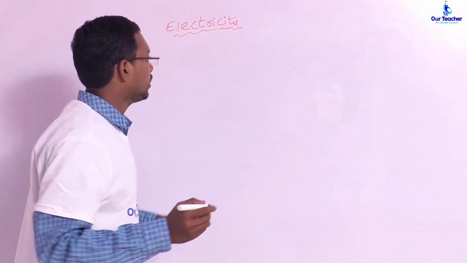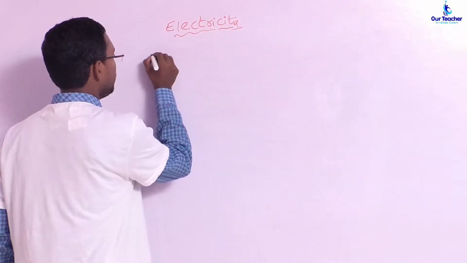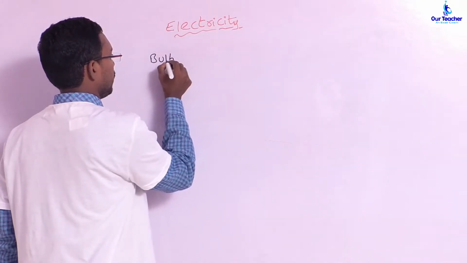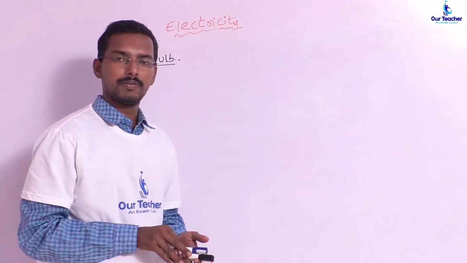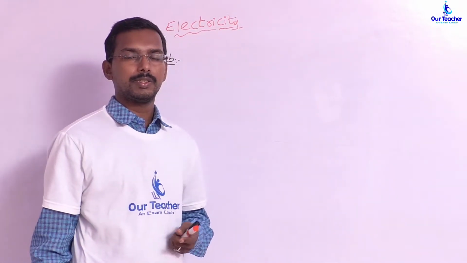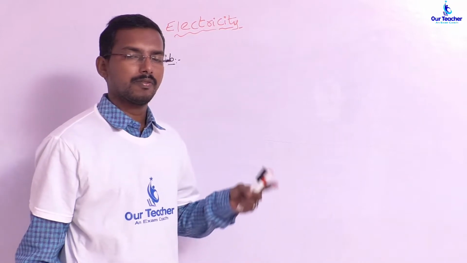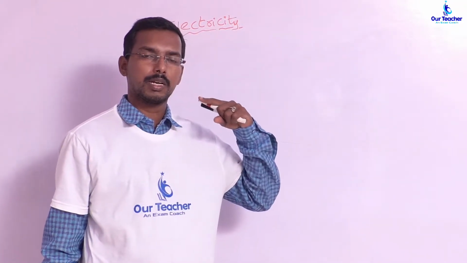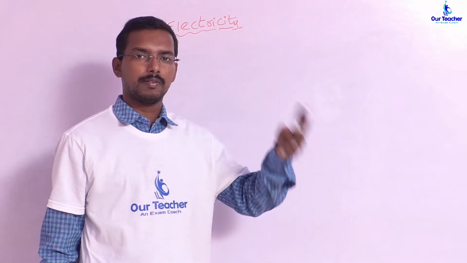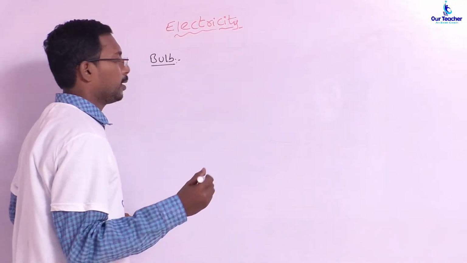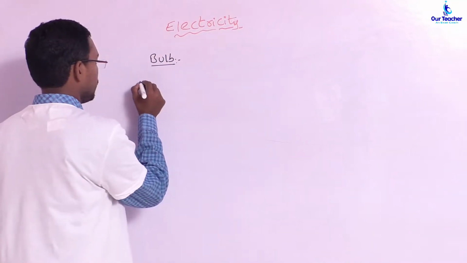Okay. Next electric component that we deal with will be the electric bulb. Okay, what is an electric bulb? An electric bulb is a device which will convert electrical energy into light as well as heat energy. Our primary purpose is to convert electrical energy into light energy, and heat energy is nothing but one of the outputs. So the types of bulbs we will deal with here are, first one,